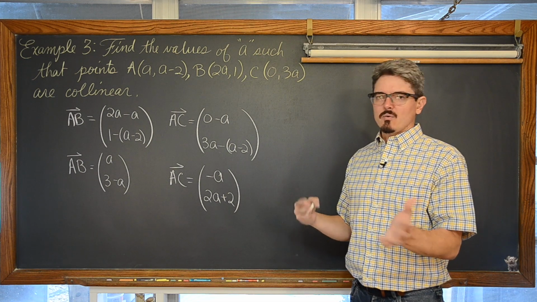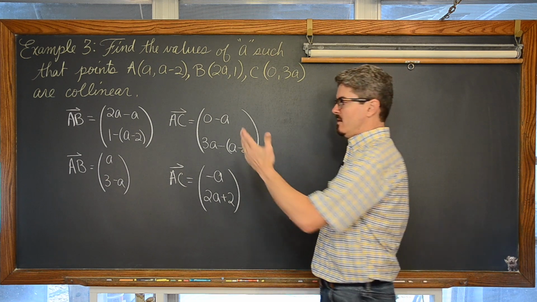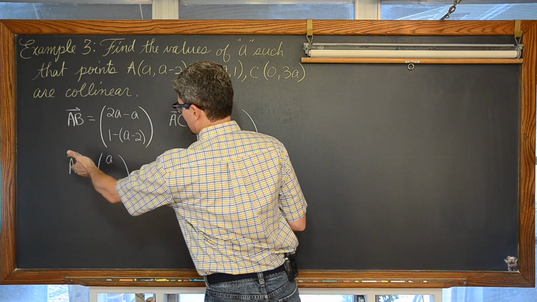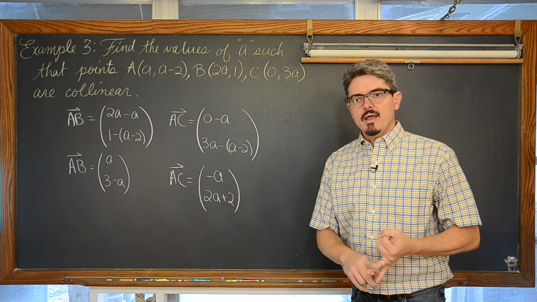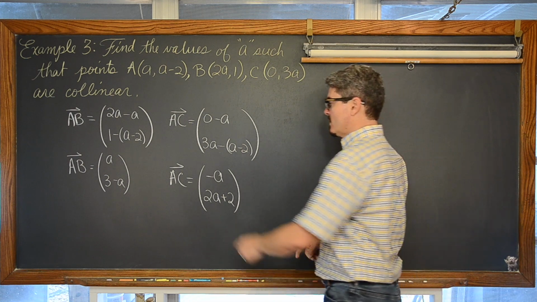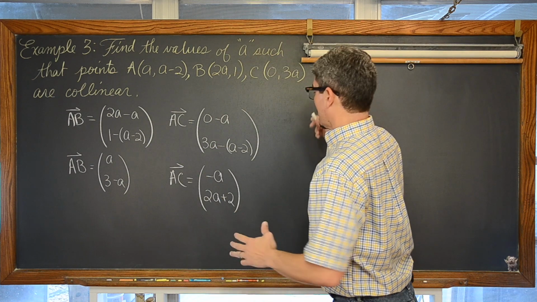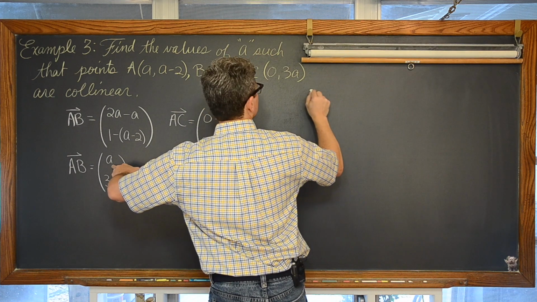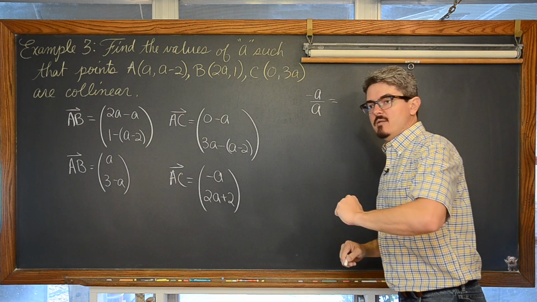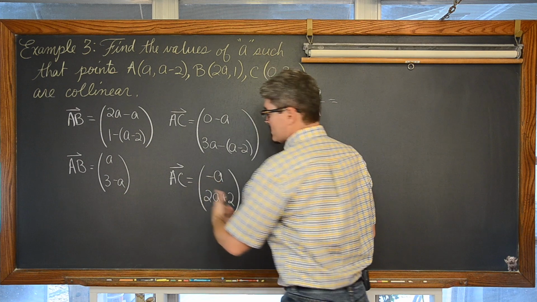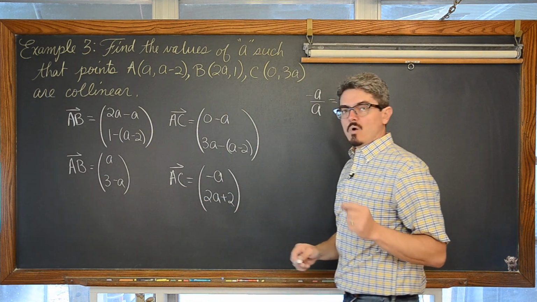Even though it was kind of obvious because they were whole numbers, we, in the same direction, if you will, from, in this case, we'll do AC over AB, divide out the components for the x-axis and the components for the y-axis and make sure that those ratios are equal. So we're going to have negative a over a. So these are the division of the x components. And that ratio has to be the same as what you get, as long as you go in the same direction, as dividing out or finding the ratio of your y-axis components.